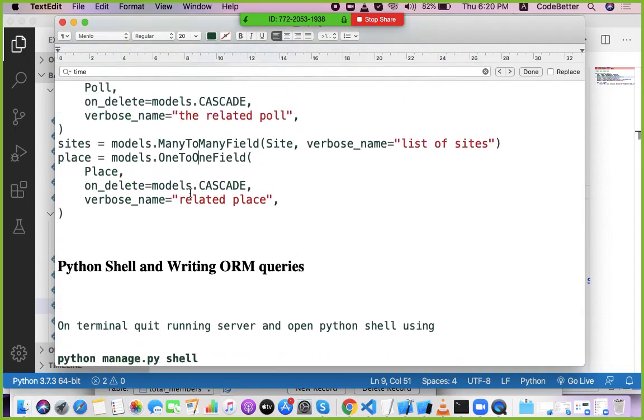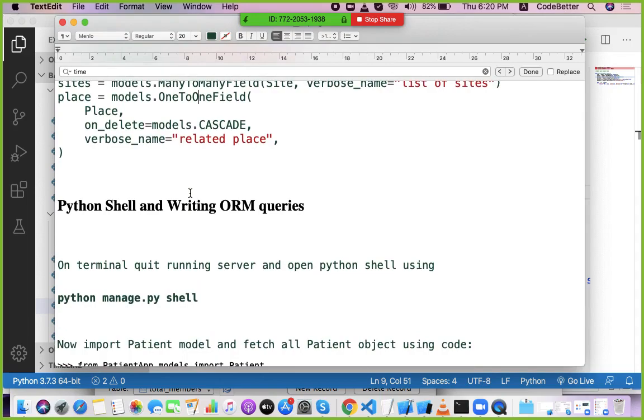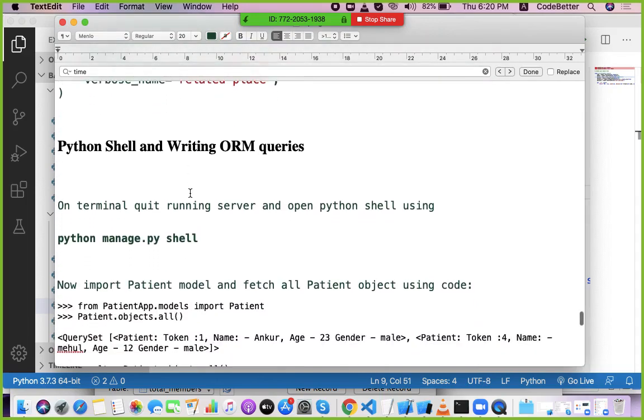So these are the basic syntax to create the foreign keys. Now let's see what the actual Python code is to fetch the data. I think you are all aware of how you can fetch data from the database using the Python MySQL connector.